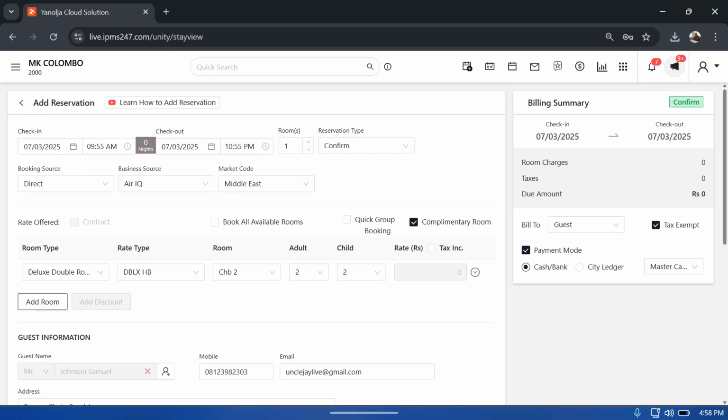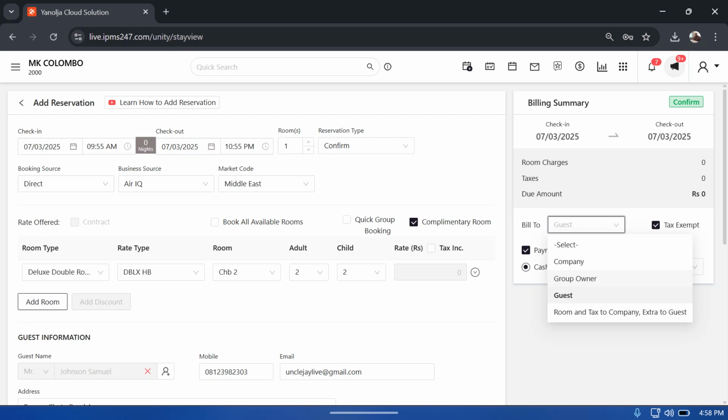You come to the billing side. With this bill, we have various options here. Bill to company, meaning it's a corporate guest, the company will pay. To group owner, that is if you do multiple rooms, the group owner will be responsible to manage the billing. Guest, the guest pays 100%. Then room